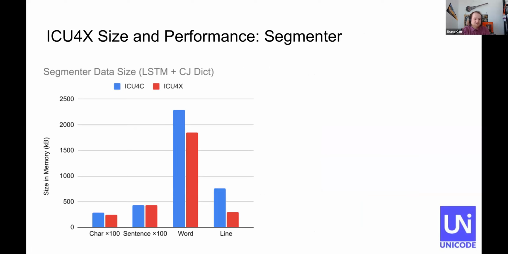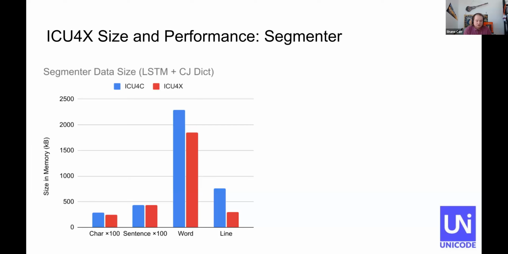This slide shows segmenter data size. So we focused a lot when we've been building the segmenter on reducing as much as possible the data size of it. Most of the data size, and I'll talk about this a lot more in a few minutes, lives in how we handle complex scripts like Chinese and Southeast Asian languages. Those are present especially in the word and line segmenter models, which you can see listed here.